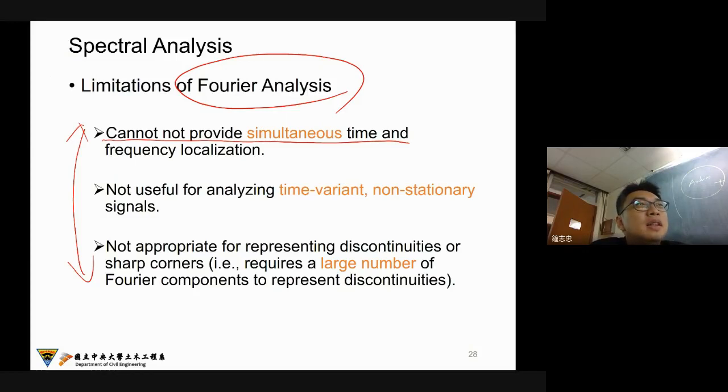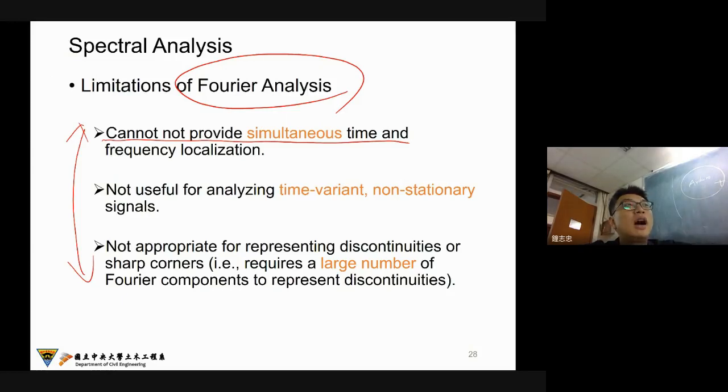It means that if you try to look at the time, you cannot specify that in 1 second you have a frequency of, maybe, 5 Hertz. You cannot, because in the Fourier transform, you need to take at least a length of the signal and get the average